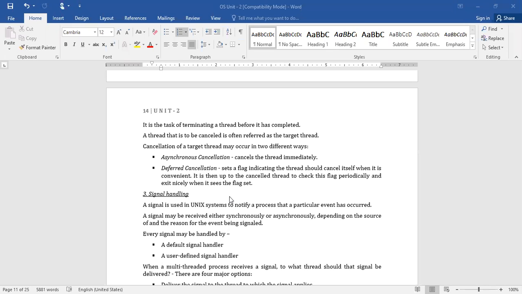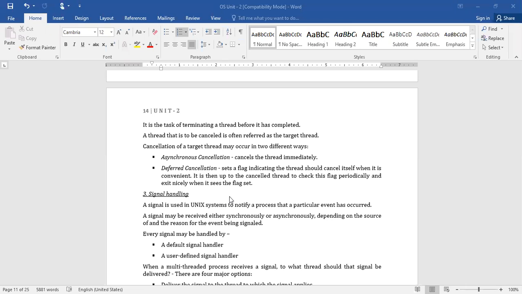Similarly here, a signal is used in a Unix system to notify a process that a particular event has occurred. A signal may be received either synchronously or asynchronously, depending upon the source of and the reason for the event being signaled.